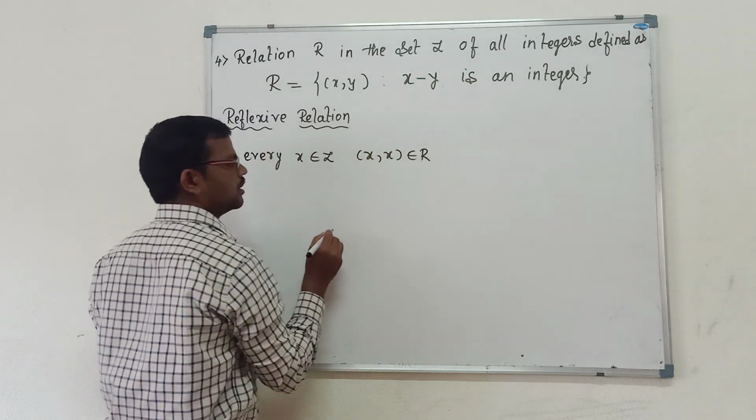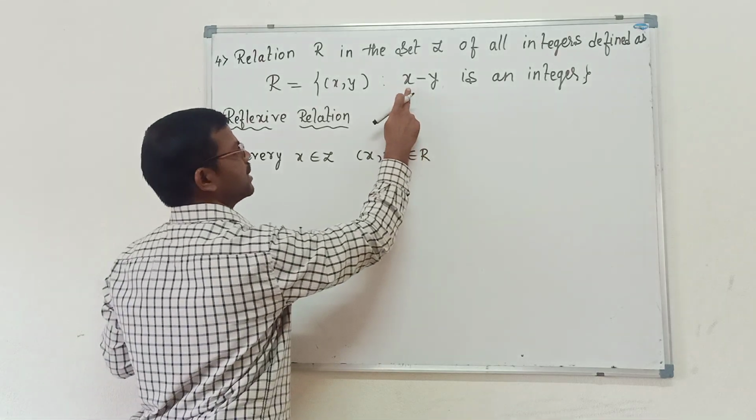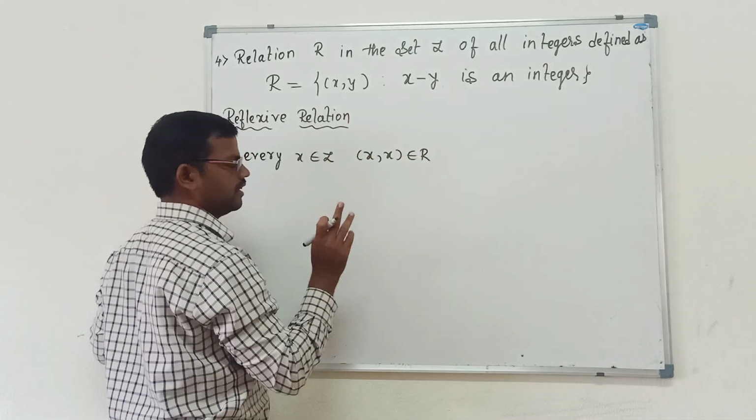So (x, x) belongs to R means that x minus x is an integer,